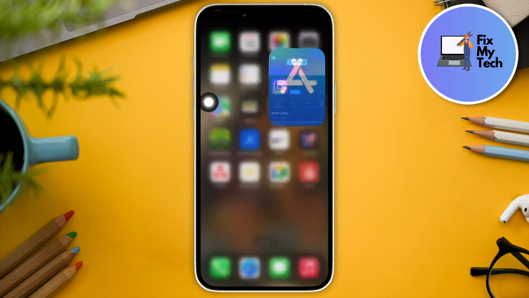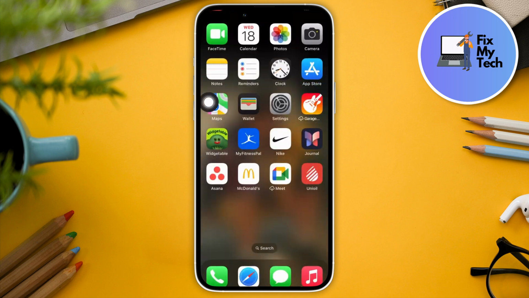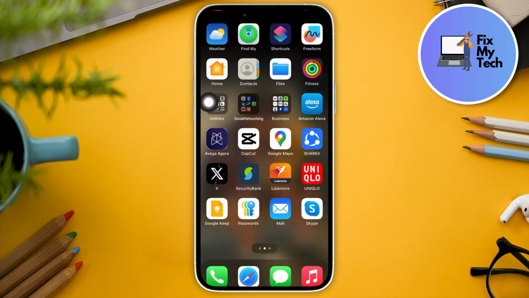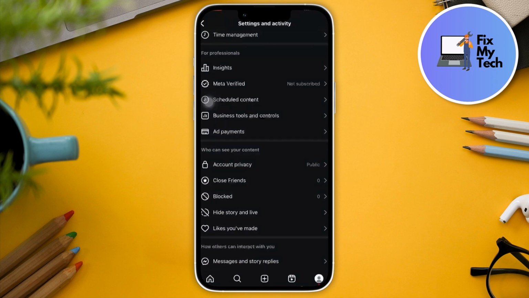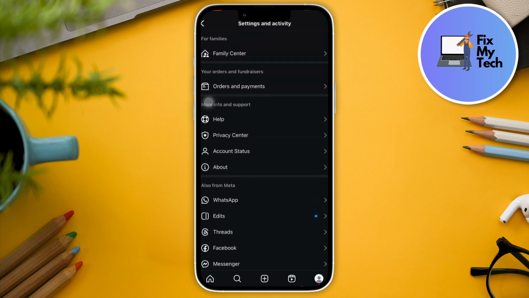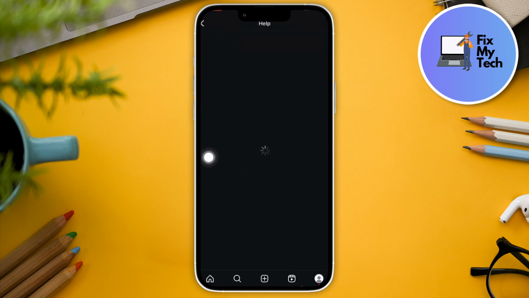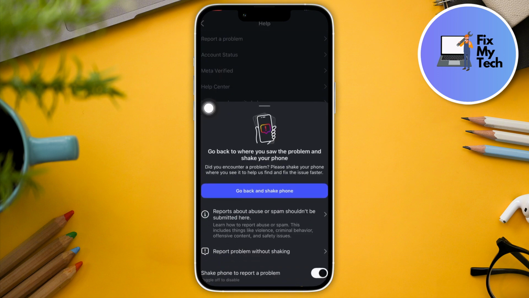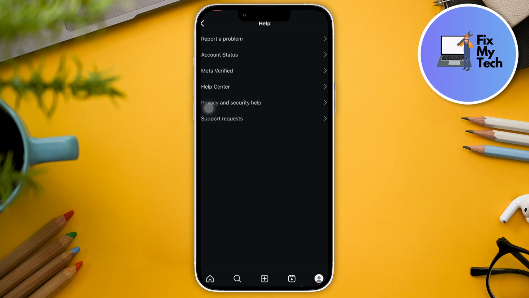Now, if the problem is still persisting after everything we have done, just go back on Instagram, all the way down, and look for the one that says Help Center. Click this one. Basically, we're going to report the problem on what's happening here. Tell them what's going on, and I'm pretty sure they will give you a fix because sometimes it's just going to be a bug in their